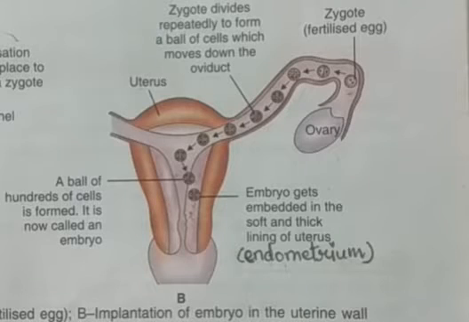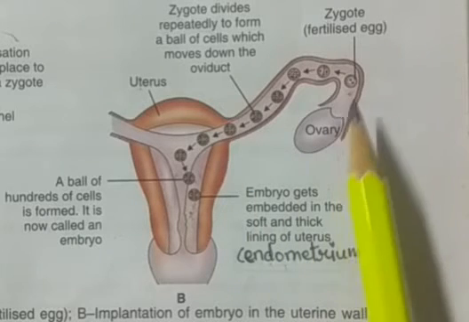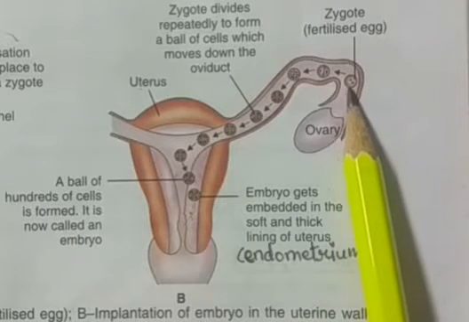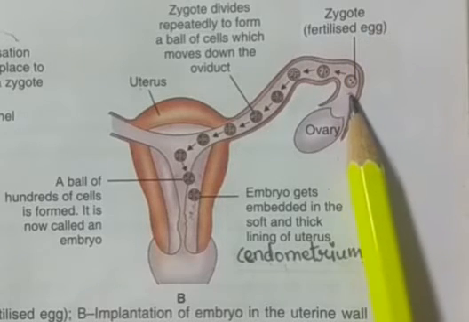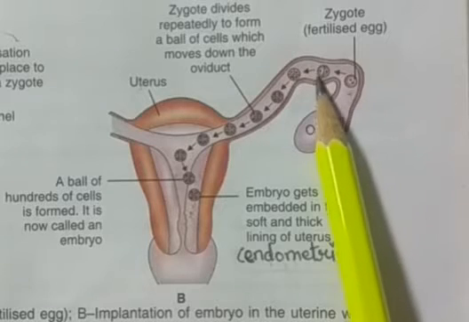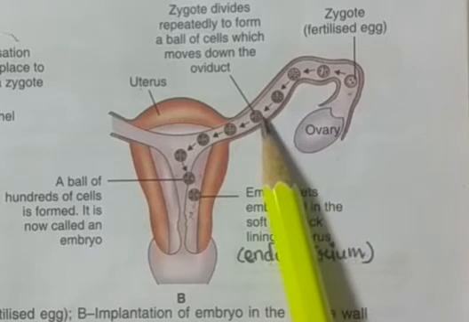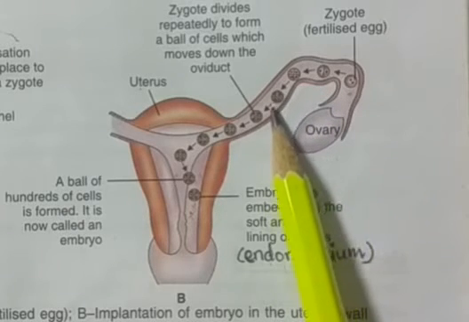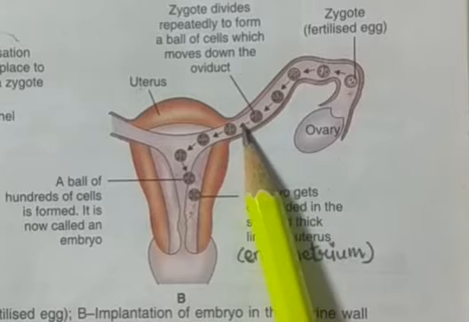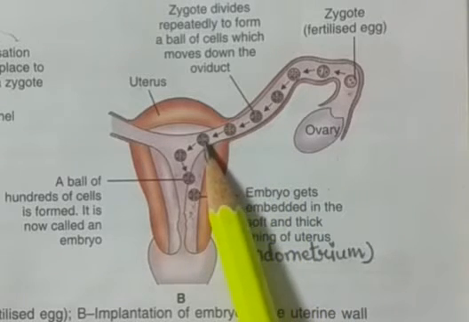Hello students, in the previous video we have discussed the process of fertilization, where the sperm fuses with the ovum or egg to form a zygote. Now the fertilized egg or zygote starts to move down the fallopian tube or oviduct. As it is moving down the fallopian tube, it continuously undergoes cell division and forms a hollow ball of cells